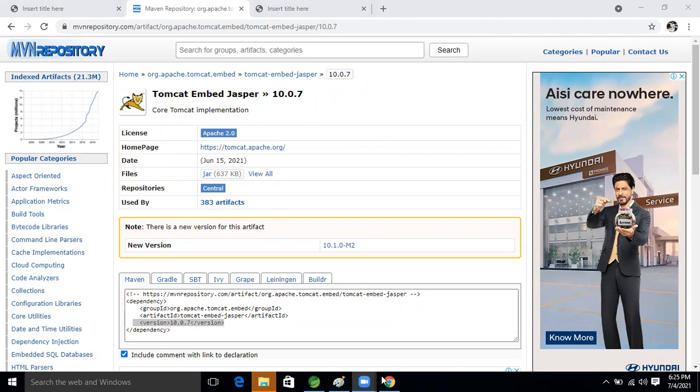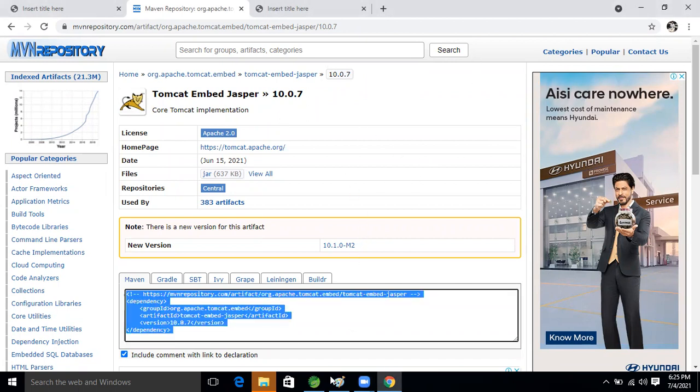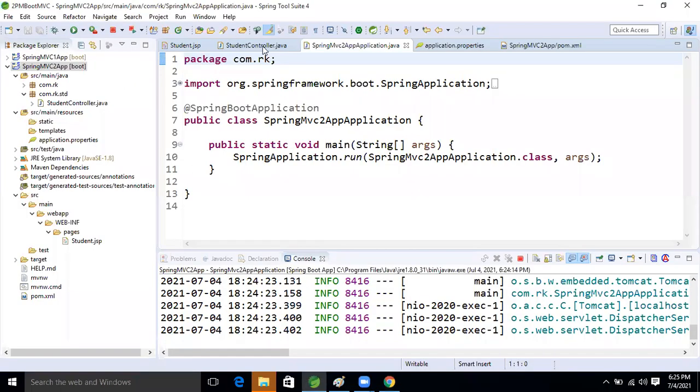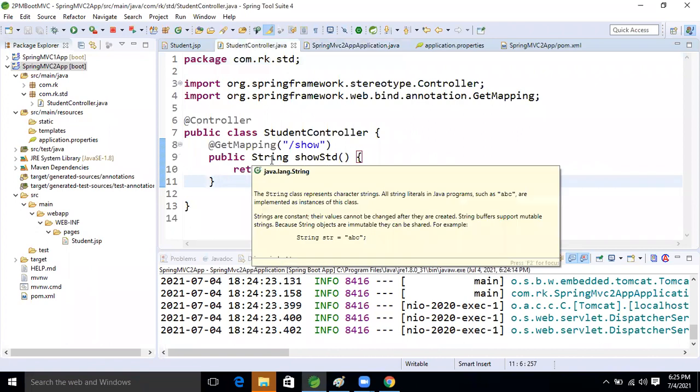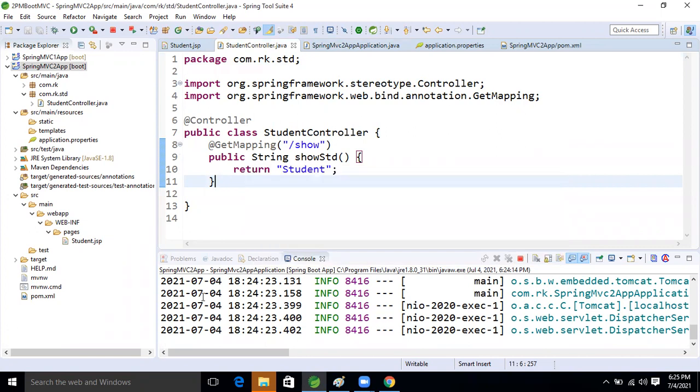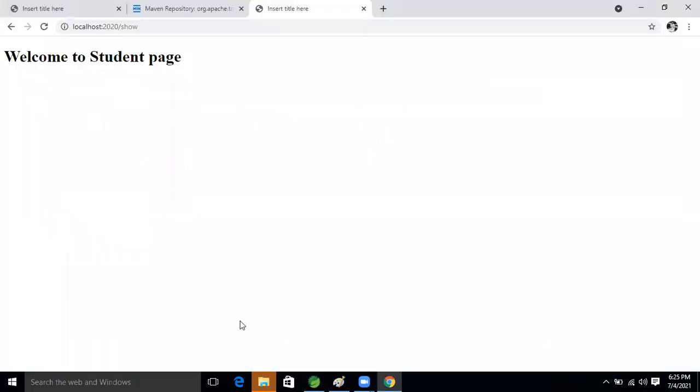So now, good guys, what will we do now? What is our requirement here from the controller? We will send the data to our view page. Then we will be able to see the result here also, right?